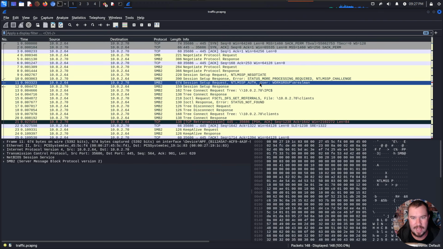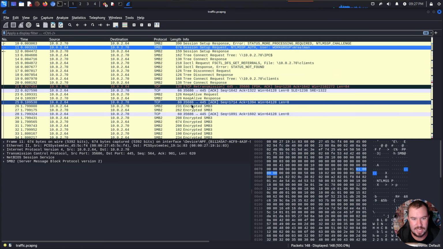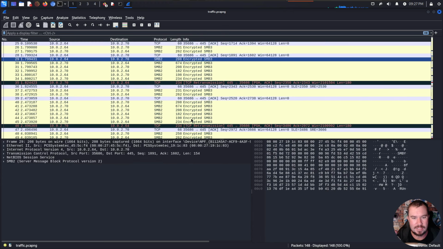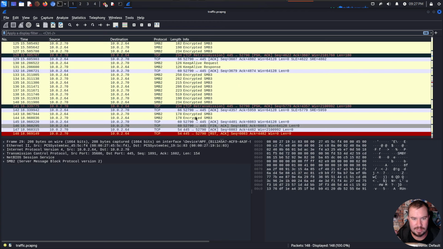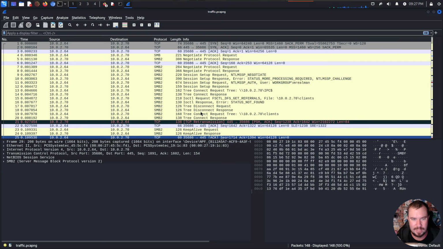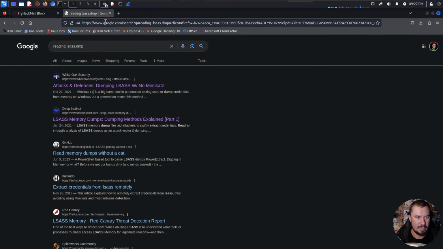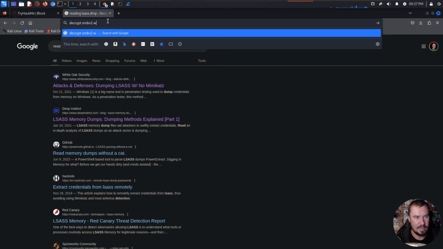So we have mRealman, right? He makes this connection here. We can see some of that stuff in clear text. But once we get down to the actual SMB request that he's using, it's all encrypted. We can't decrypt it. It's encrypted SMB3. And so we have to figure out how to decrypt it. And doing some Googling, we'll see if I can find the same article I found when I was doing this before. Let's type decrypt SMB v2 in